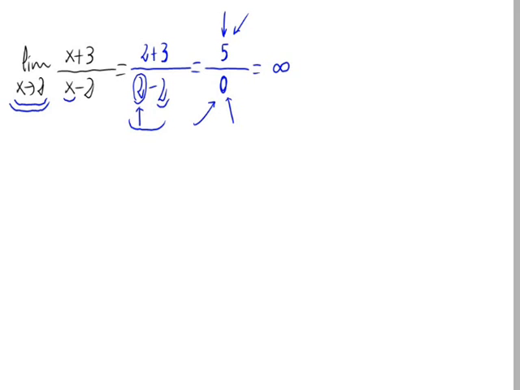Our problem is that 5 could be divided by something very close to 0 but negative, or something very close to 0 but positive. That depends on the number we are dividing,